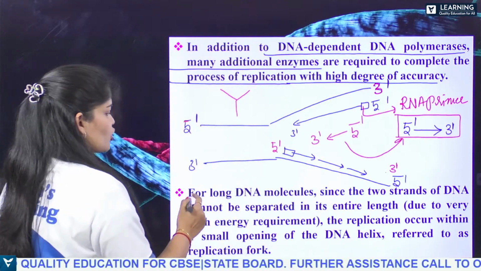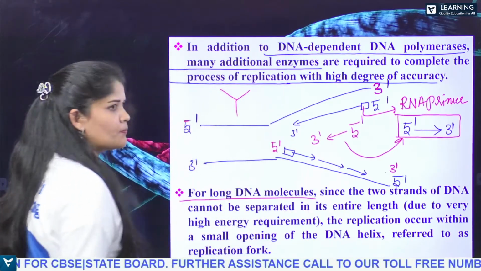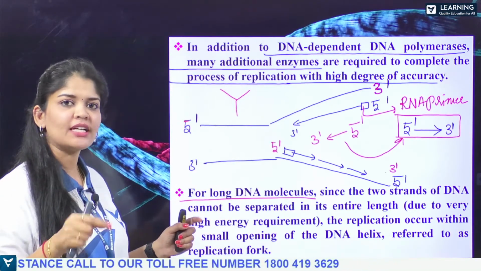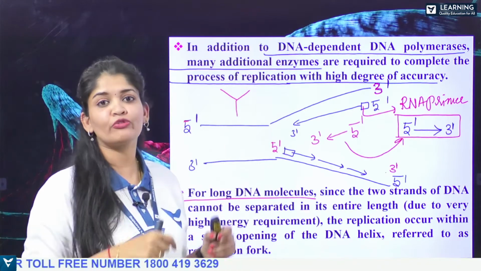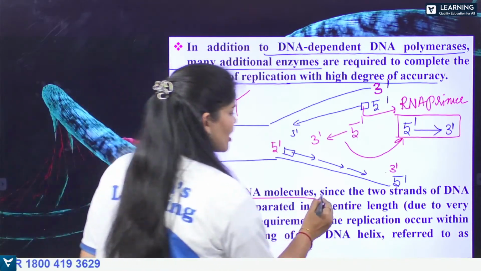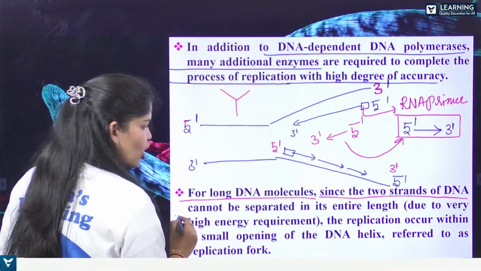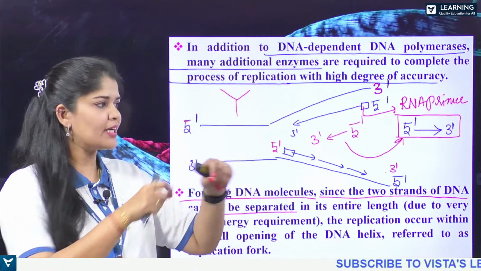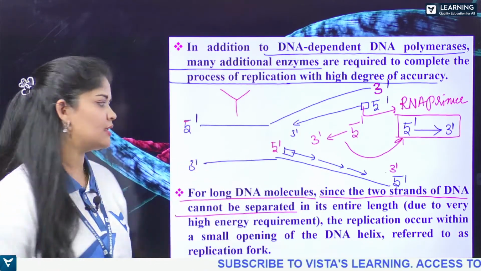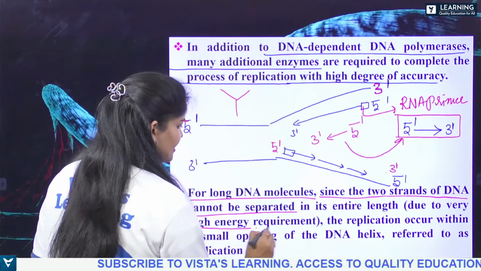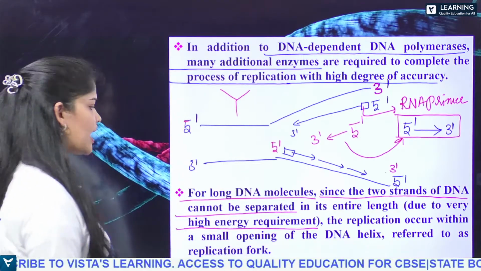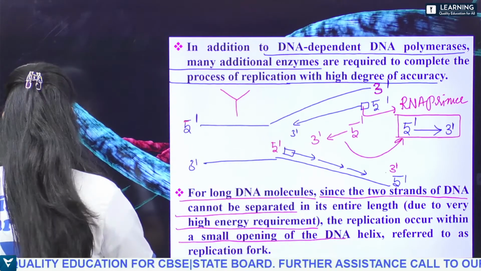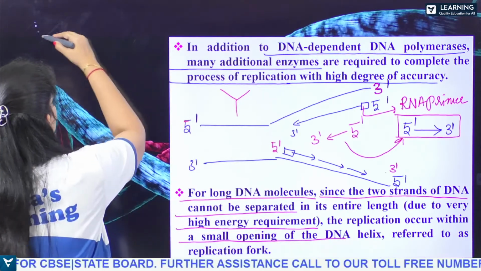Now, for a long DNA molecule, complete unwinding to release into single strands is not possible because it requires more and more energy. The two strands of DNA cannot be separated in their entire length. Due to very high energy requirement, the replication occurs within a small opening of the DNA helix. Small opening of the DNA helix. I'll show here. Consider this is a